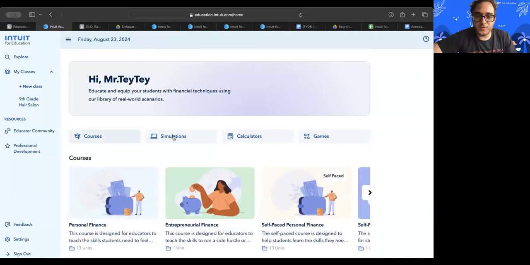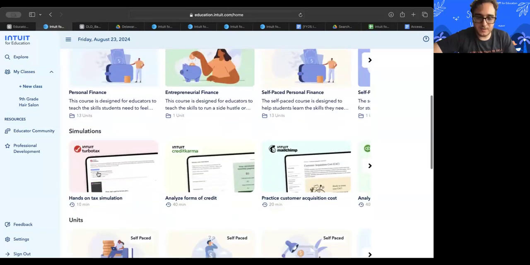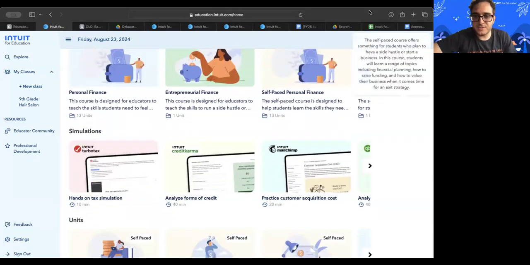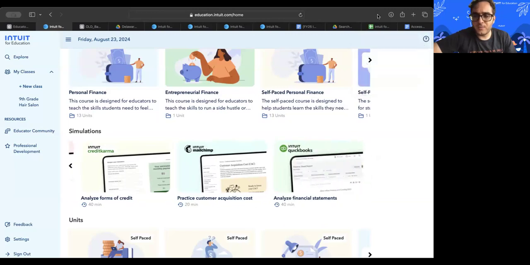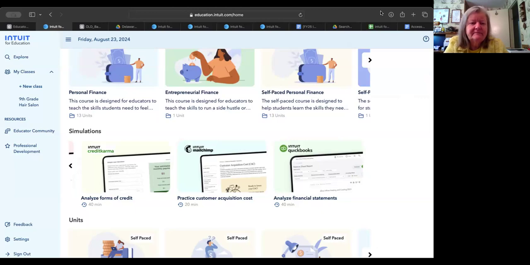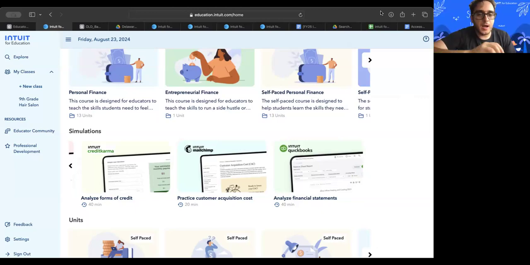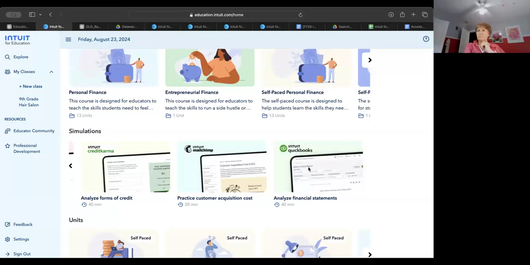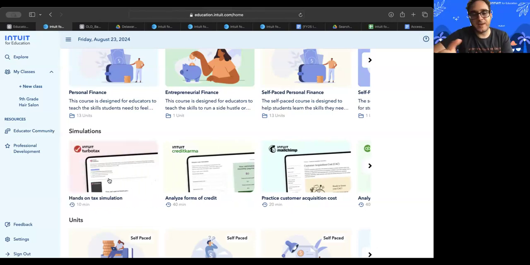Yeah, sure. We're gonna go through this tax simulation that we have here. There's also a QuickBooks simulation. So I think you're using QuickBooks Education Online. Yeah, it corresponds to this. We're in the same team. So what we have here are simulations of QuickBooks. I'd say the simulations that you're gonna see here is probably like a step before what you're doing with some of the students. But the TurboTax simulation would be a great activity to use for that class, in my opinion. And I can share that as well.